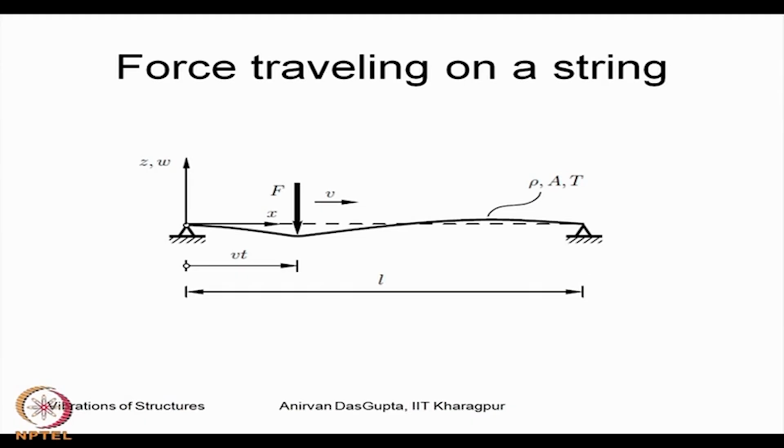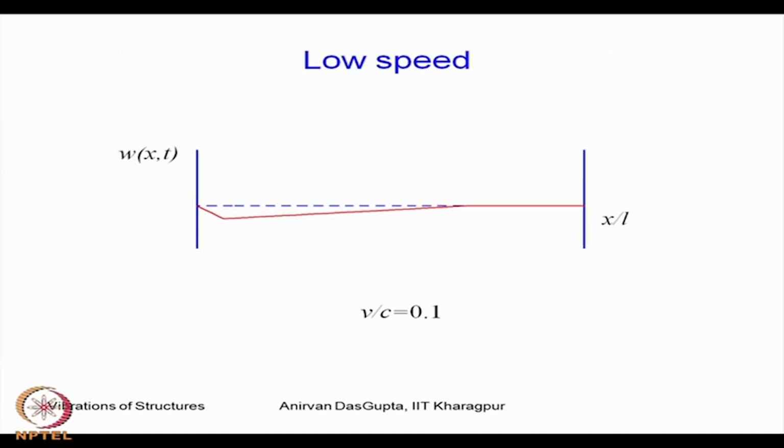This is the string on which a force is travelling at a speed v. Here I show you one of the solutions that we have discussed before. The force is travelling at a low speed, 10% of the velocity of transverse waves in the string,